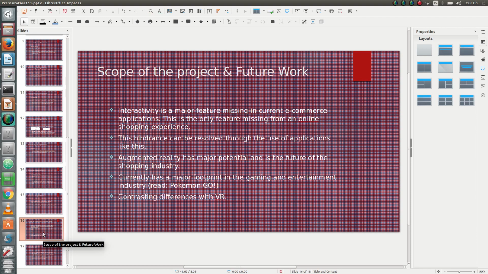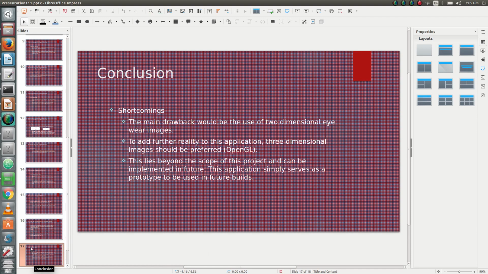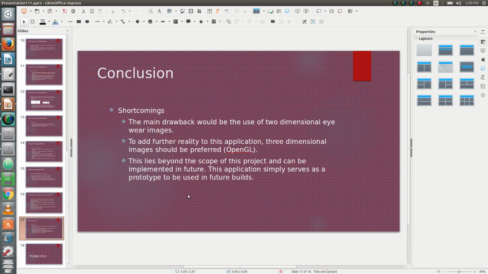And another important thing is augmented reality is really different from virtual reality. It is because virtual reality creates an environment around us, but augmented reality simply augments additional information to the existing environment around the user.